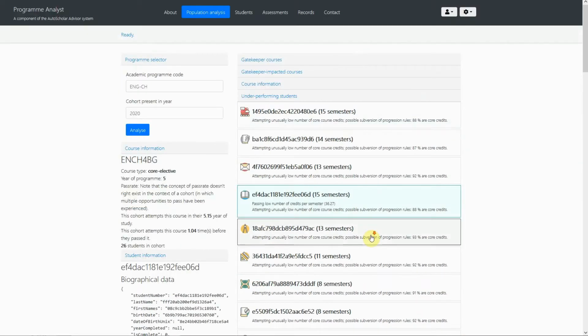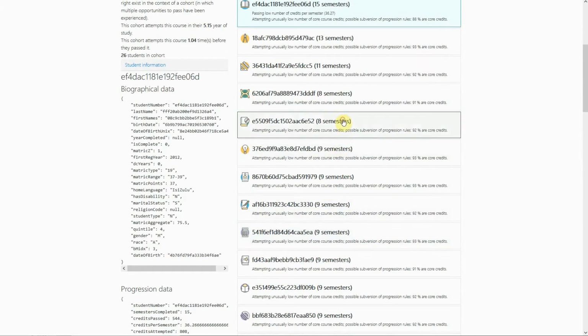and flags these students. Another type of alert is raised when a student is passing on average an unusually low number of credits per semester. Although more honest than the previous case, this is an indication of a student who progresses slowly and may need additional support to avoid exclusion. This student is only passing on average 36 credits in one semester, which is quite low in comparison with other students. Again, by clicking on any student card you can get more information about that student to try to understand